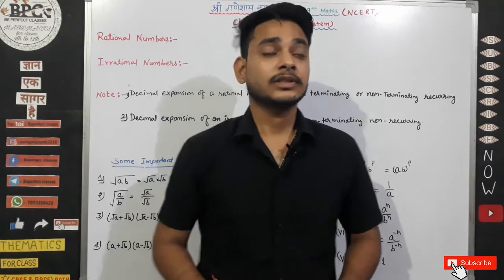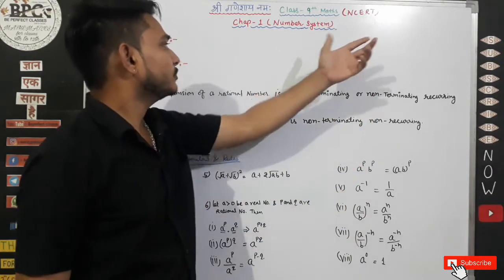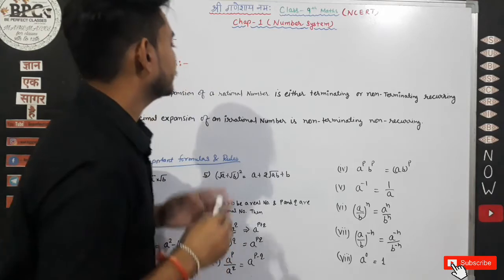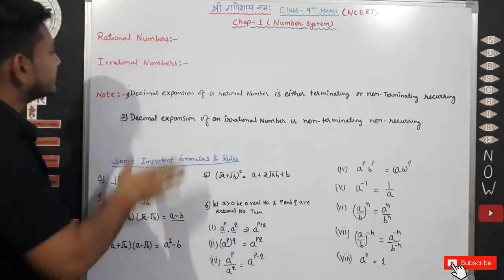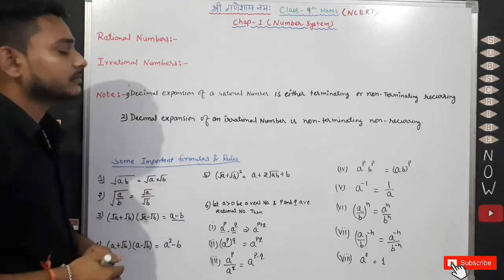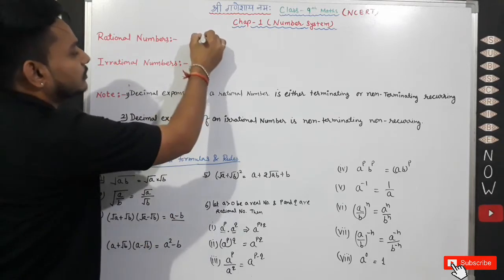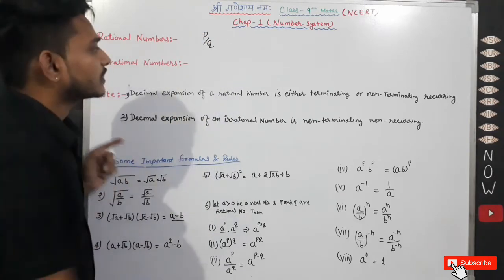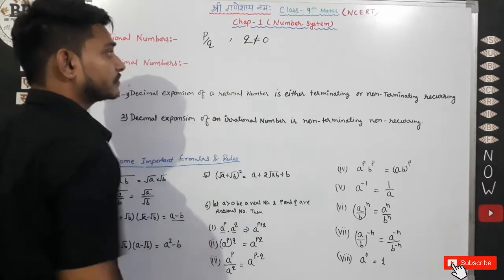नमस्ते स्टूडेंट्स। तो आज हम पढ़ेंगे क्लास 9 की मैथ्स, जिसकी एनसीईआरटी बुक से हम चैप्टर नंबर वन, नंबर सिस्टम। हम इस वीडियो में इसका बेसिक पार्ट कंप्लीट करेंगे। तो सबसे पहला हमारा टॉपिक है रेशनल नंबर। व्हाट इज रेशनल नंबर? Rational numbers are those numbers which can be written in the form of p upon q and the value of q is not equal to 0.